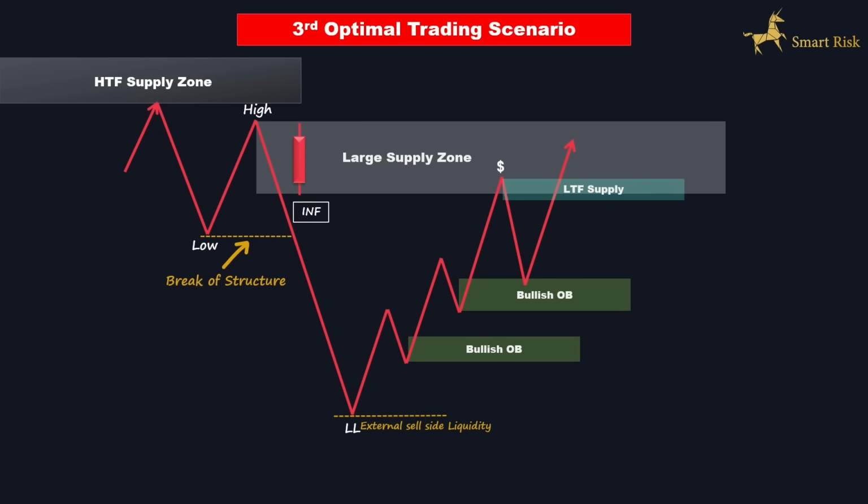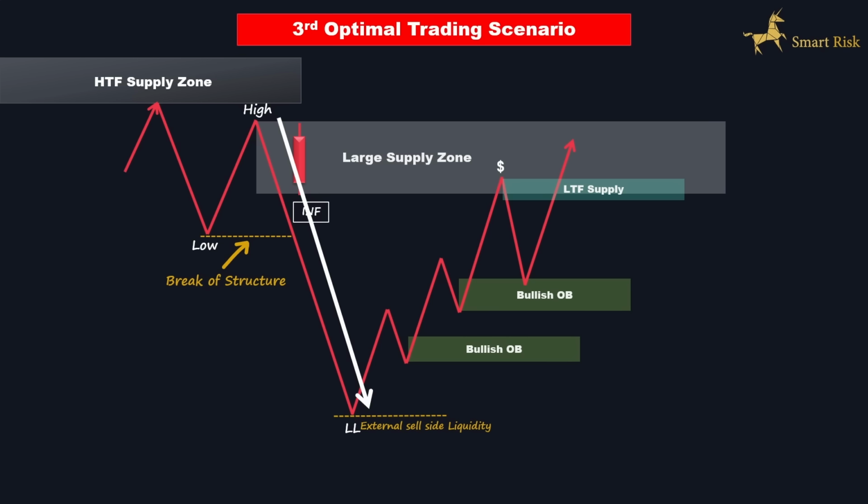Consider a bearish structure like the one presented. In this scenario, we want to see several key events. Firstly, the price must reverse from a higher time frame supply zone, for example, a 4-hour point of interest. Next, we look for the creation of a large order block, identified by a candle with a large body. Subsequently, we anticipate the price to move downward, confirming that supplies are controlling the market.